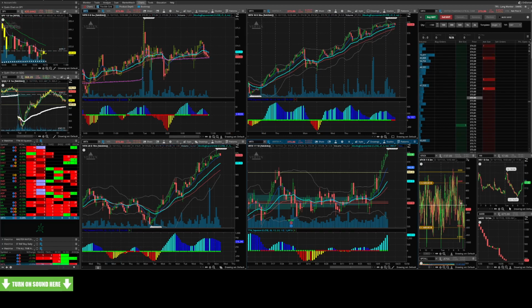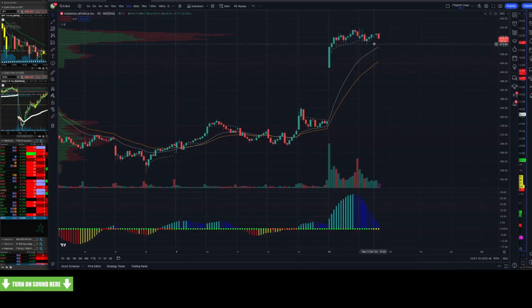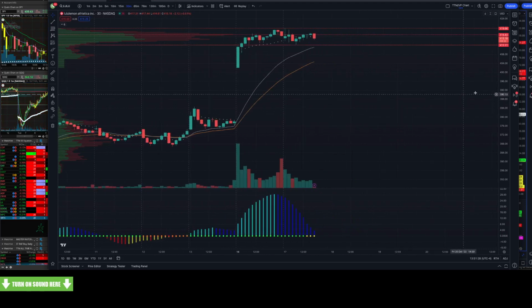So then we can scan for these, right? We were looking at Lulu, right? Here on Lulu, we have a value area low. Our value area high is easy. It's the high of that section. And then we have our point of control. And so as we get closer,